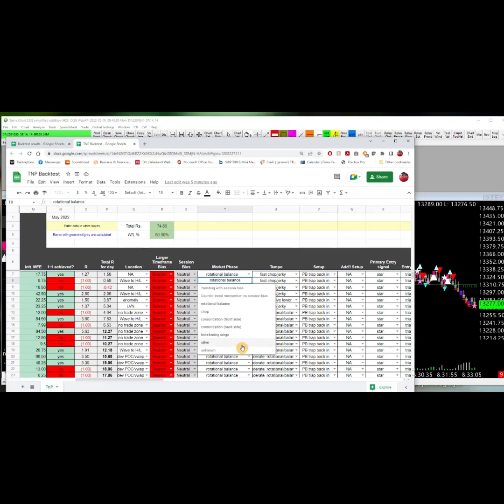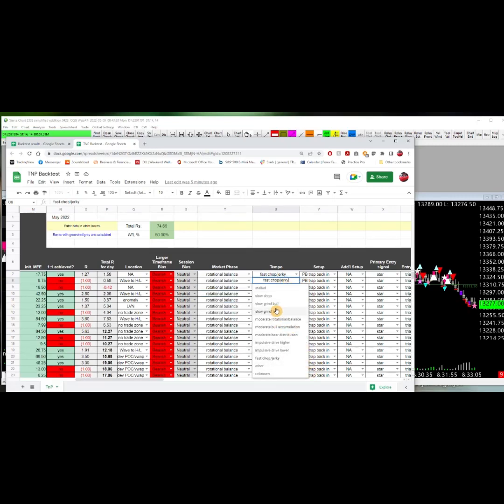And then I've just got other, in case there's other ones you want, and then unknown if you're just not really sure what the market phase is. Sometimes it's not really clear. Then I've got different tempos. All of this is subjective, but basically, is the order flow stalled? Are we chopping slowly? Are we grinding slowly up or down? And then I've got moderate rotational balance, kind of like standard balance, and then moderate accumulation, moderate distribution, and then the two impulse drives. So that'd be faster, and then fast chop or jerky action, and then just other if there's something I'm forgetting,